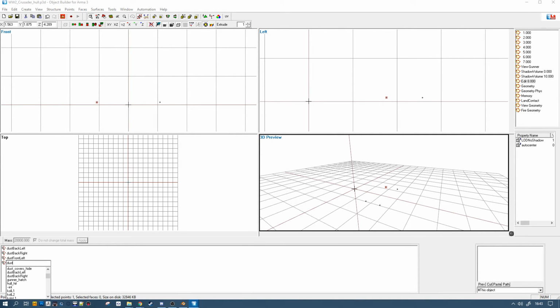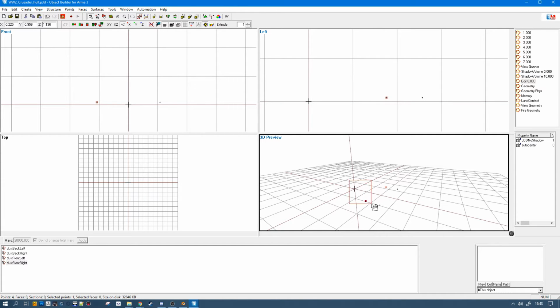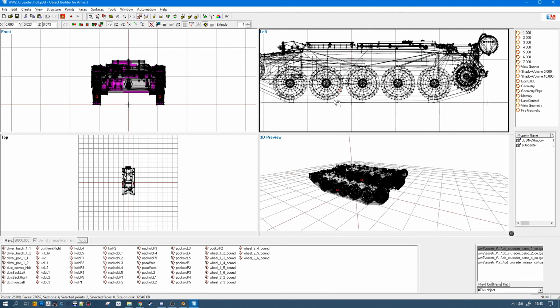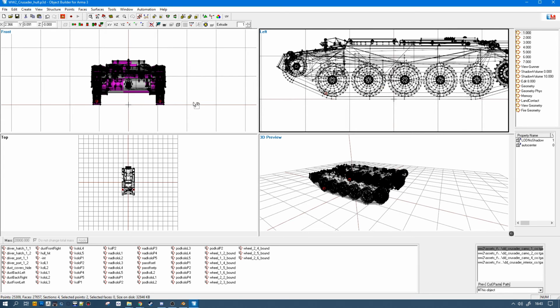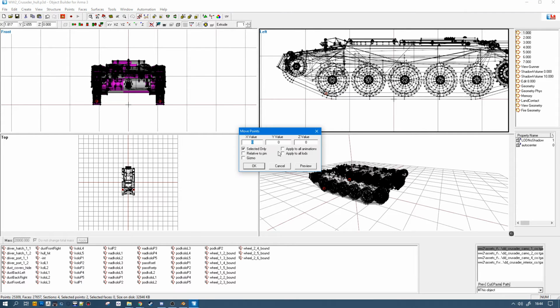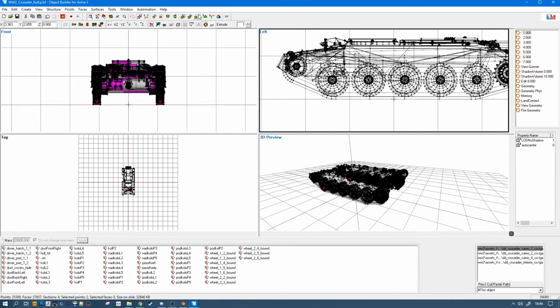When I'm doing them, usually I'm copy pasting them from the tank and I just adjust their position. Here I'm doing it completely from as much as I can from scratch, so you can see the whole process. You see here it's inside. I don't want it to be inside, so I'm going to scale it.